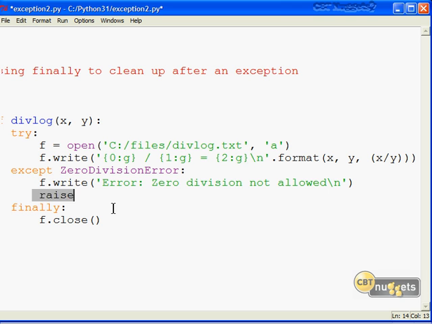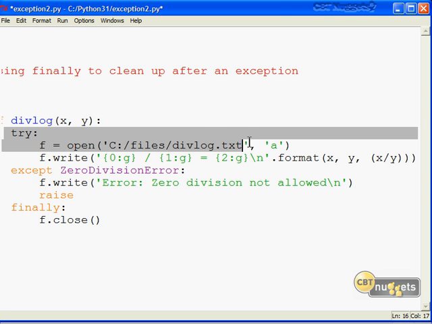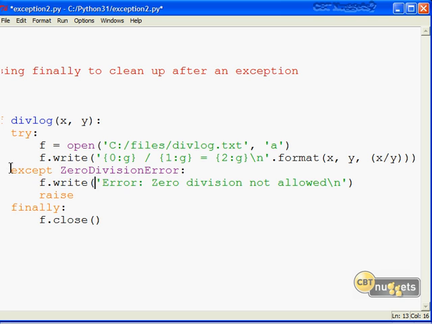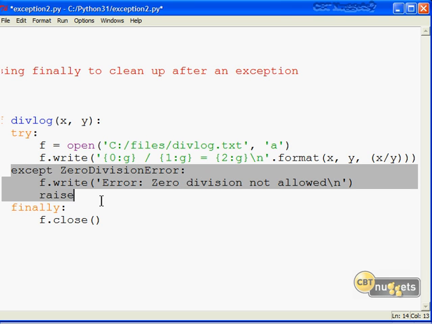Raise here is formally optional, but I'm throwing it in just to make sure that we're raising a formal exception. And then finally happens regardless of whether the try completed successfully or if we have a 0 division error. Now you might wonder, what happens if another kind of error happens? I don't know if I've formally described this to you. Well, if we have an unhandled exception, then the program's just simply going to abort. Remember, the reason we're doing exception handling is to think of every exception class that might be raised in the running of your program and make sure that you have some code or some routine to respond